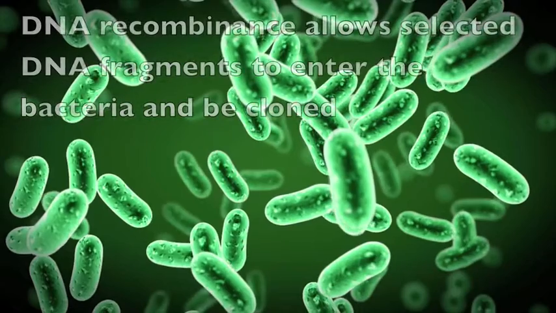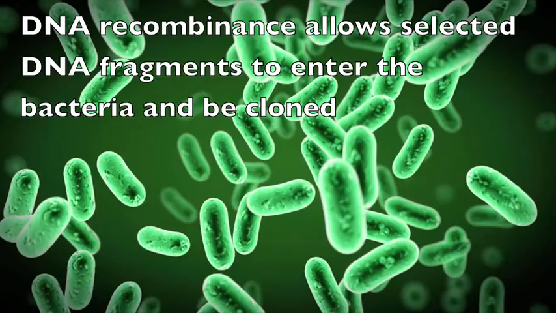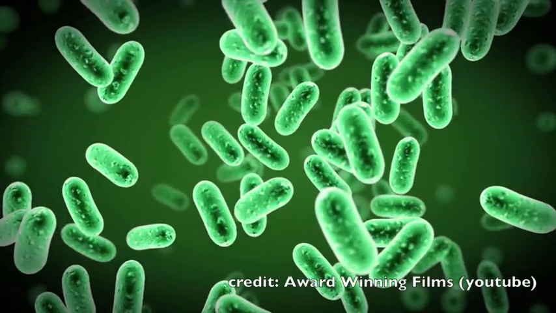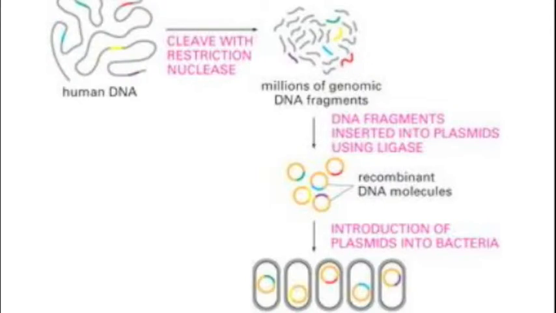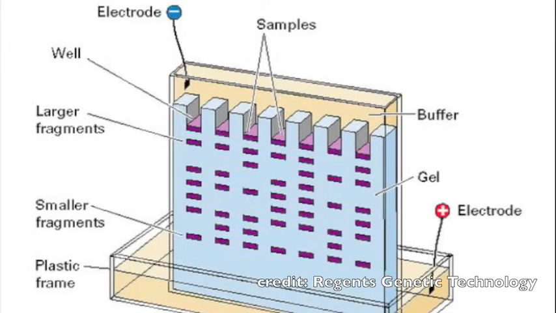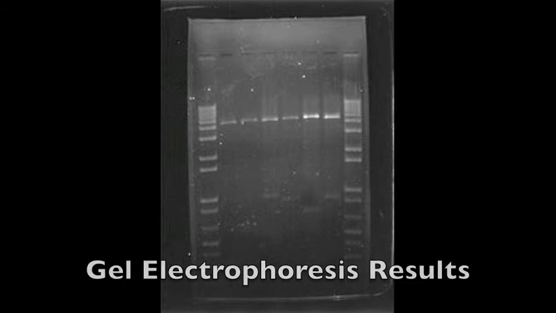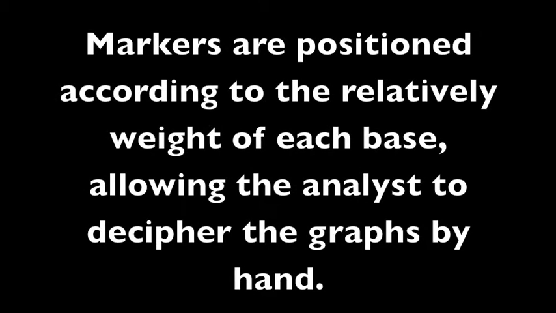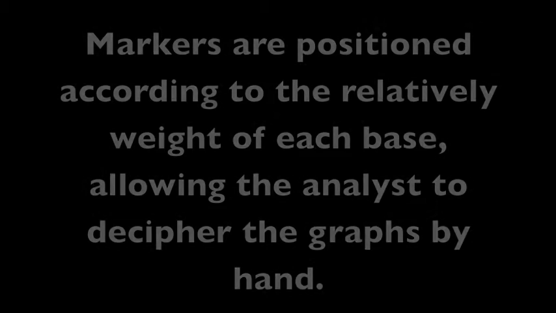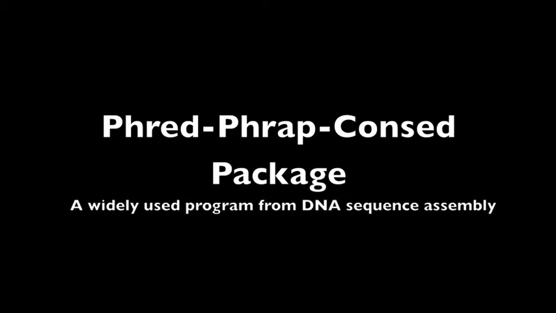Following this, they were cloned in a bacterial cell by using recombinant DNA principles. Next, the sliced up genes were fingerprinted through gel electrophoresis and annotated by the analytical biologists, according to the weight of each base. Alternatively, the sliced up genes could be further divided into base pairs of about 500 and sequenced through a program called